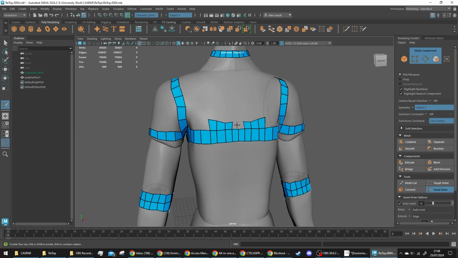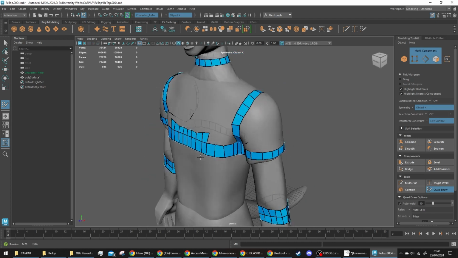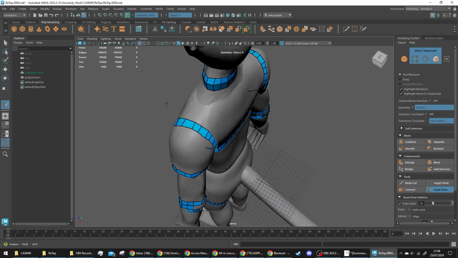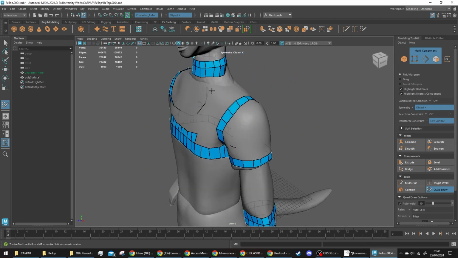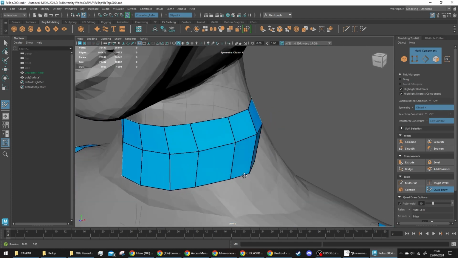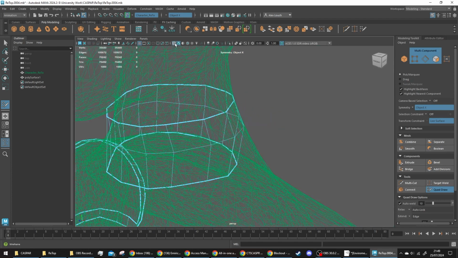However, from here I was able to really get an idea of how my character was going to look, as well as finding out later on in development that there were ways to extend entire sections all at once and move forward from there. One issue I did come across, which you've just seen here, was where I had multiple different sections of my